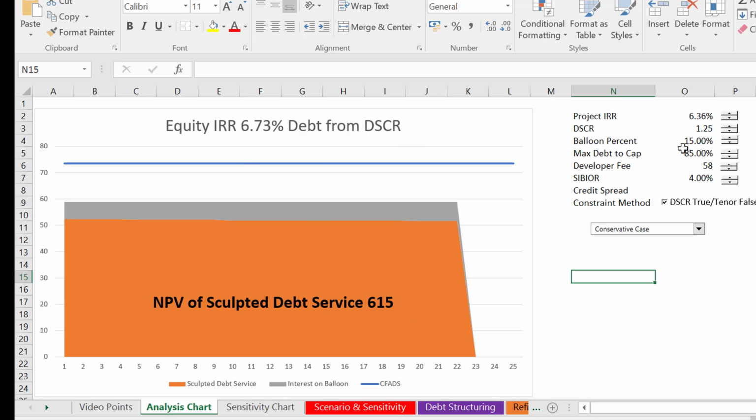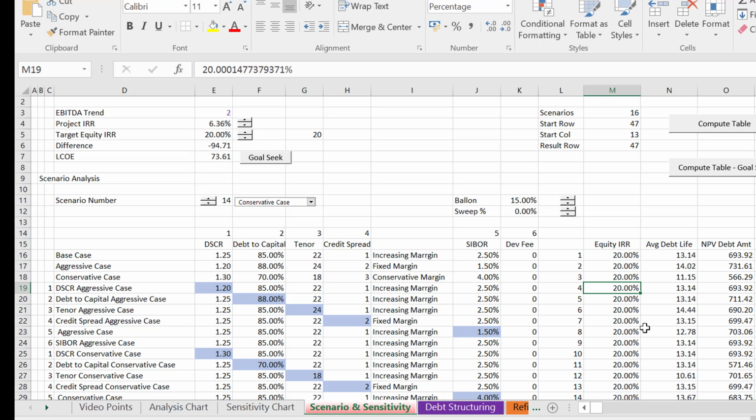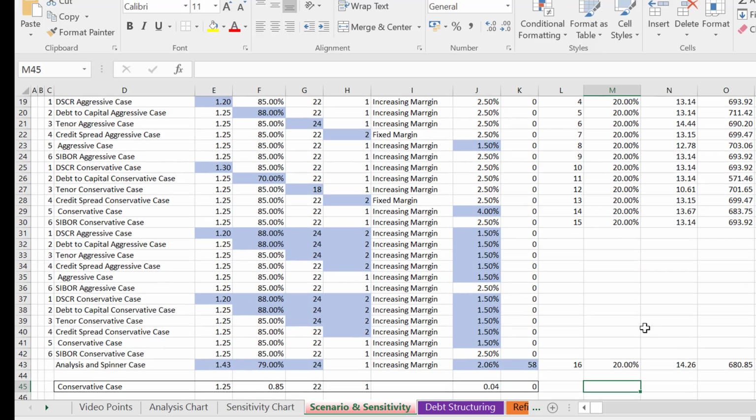We want to show you what happens if you put different DSCRs in, different balloon payments, that's next time, different debt to capitals, different debt fees, different interest rates, different credit spreads. What happens to the IRR, and why is the IRR changing, with our nice little graph? And then I'd like to make a sensitivity chart and also one of these waterfall charts. The waterfall chart is my depression, because Excel made a pretty good waterfall thing, even though they screwed up about